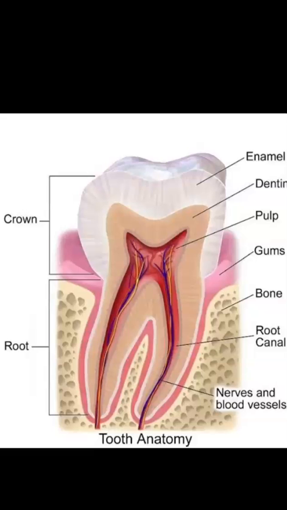Now the function of irrigant. What is the function of irrigant? Irrigants are used to clean the root canal and are used along with shaping instruments. I have told you that we are using irrigants for cleaning of the root canal, so we will use them along with the shaping instrument. We will first shape the canal, we will first file it, then we will clean it, then again we will shape it.